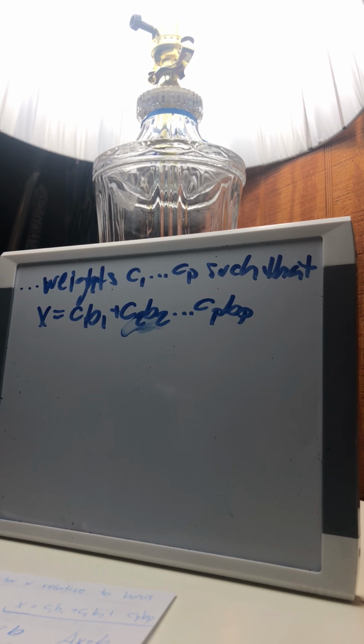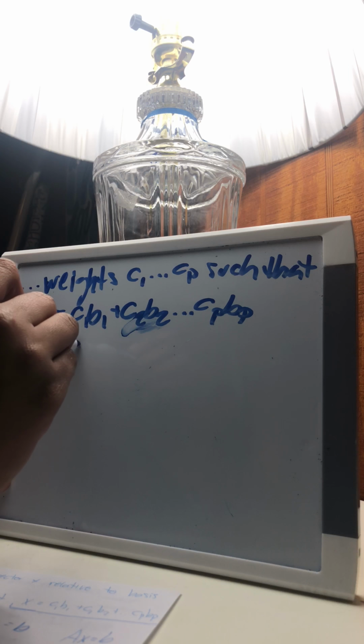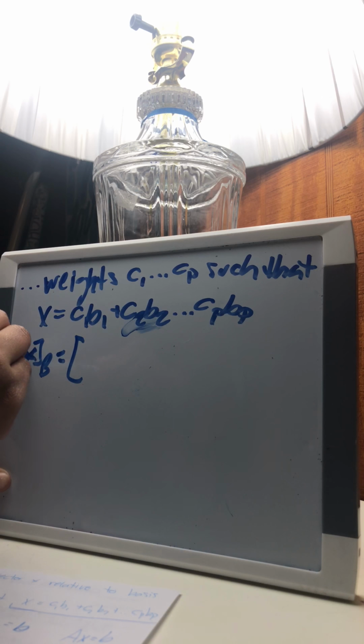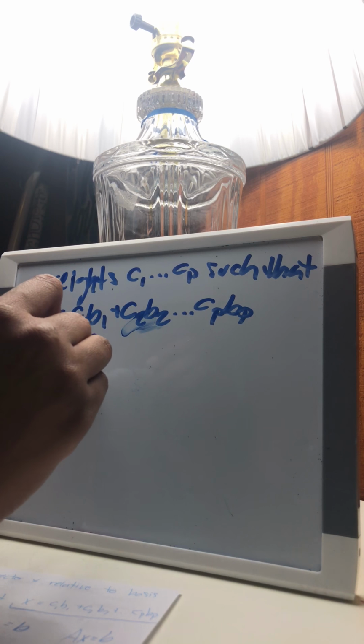Now the reason that we're using B's is because we're finding x relative to the basis b. So that's why we have b's and not anything else. The coordinate vector x relative to basis b is going to be denoted this way,